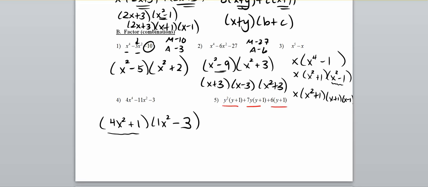You have 1, 2, 3 terms here. All right, and if you look even more closely, you have a common factor of y plus 1 in all of those terms. So what I'm going to want to do is pull out the y plus 1, because if I pull that out, it's going to go away, similarly to what I pulled out in the 2 factoring. So let me show you what I mean. I'm going to pull out this y plus 1,